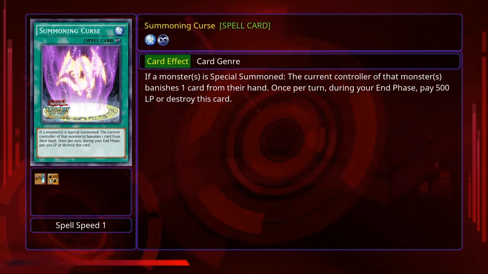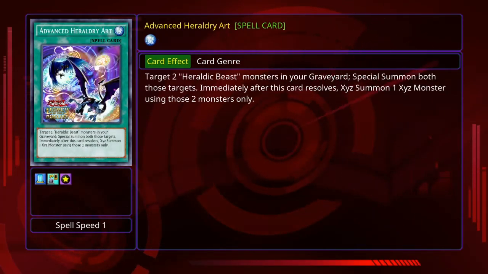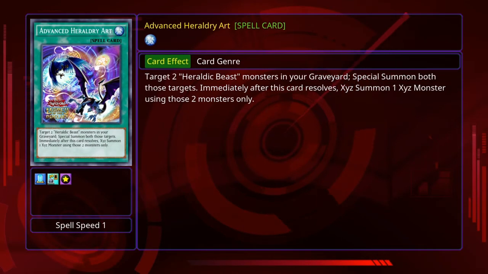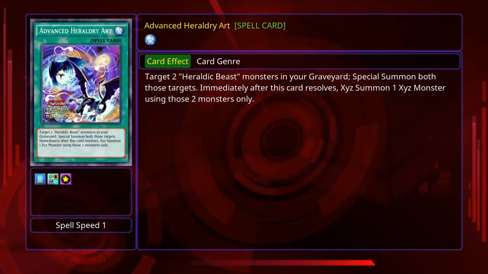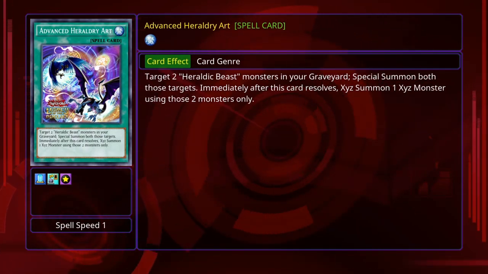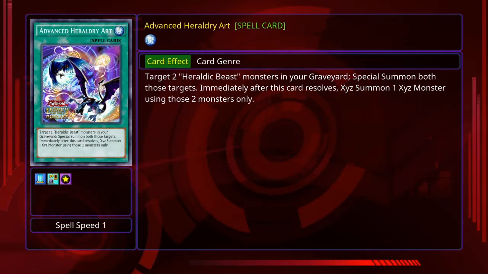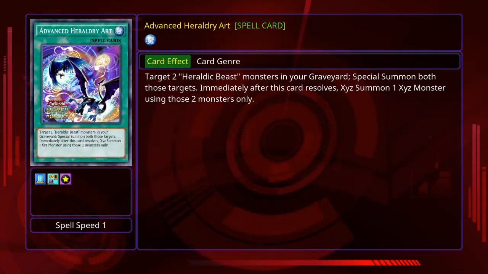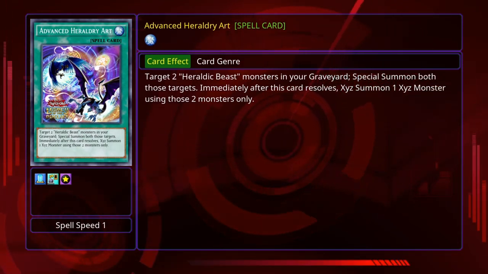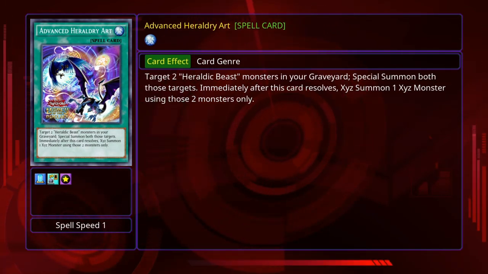And the card that's coming in at the number 18 spot, we have Advanced Heraldry Art. This card basically allows you to get 2 Heraldic Beast monsters from the graveyard, special summon them, go into a rank 4 immediately after the card effect resolves, and then if this card revives a Heraldic Beast Leo and you Xyz with it, and then use the Beast Leo for the Xyz monster's effect, you then get to add a Heraldic Beast from your deck to your hand. So you then have an Xyz body on the field and a Heraldic Beast monster from your deck to your